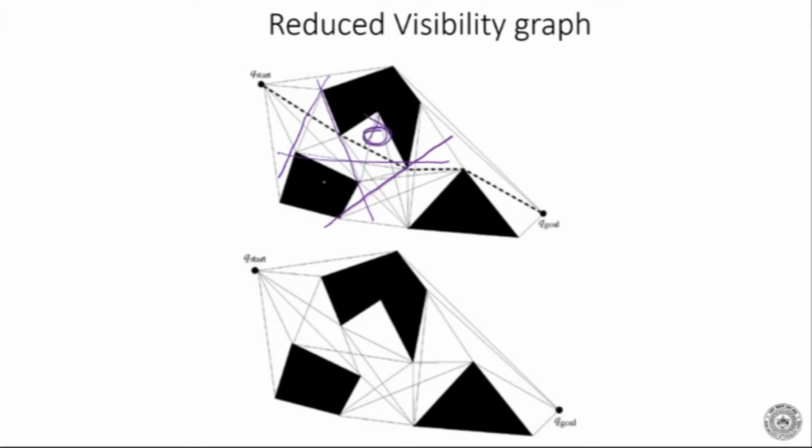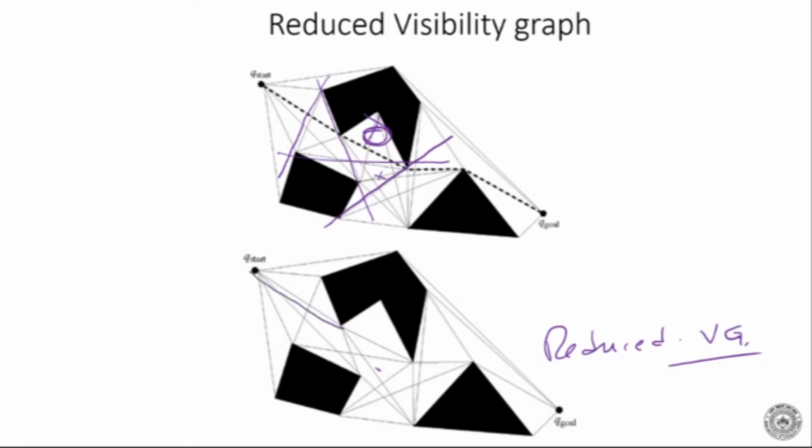That is removed. You see, this is removed here. Okay, and this one is removed. That one is not there. So this is a reduced visibility graph. Now in this reduced visibility graph, now if you want to go from some point to some point,